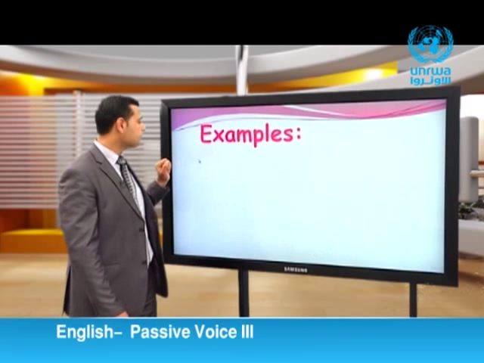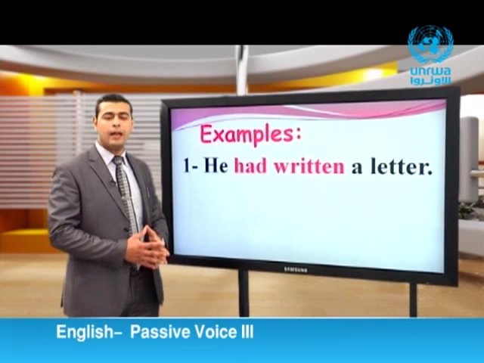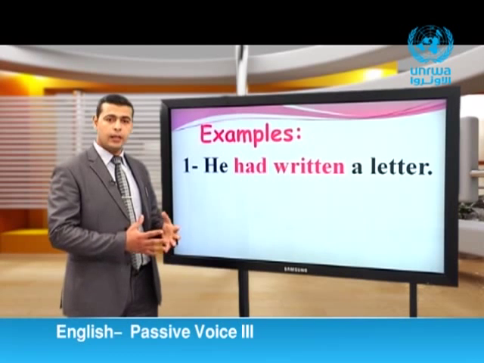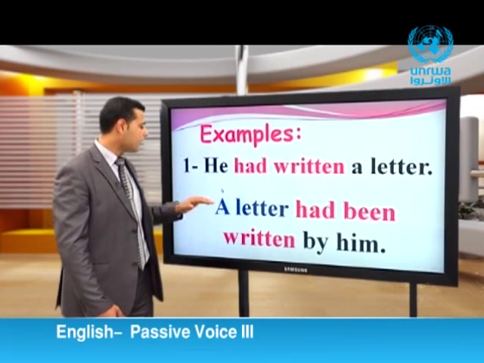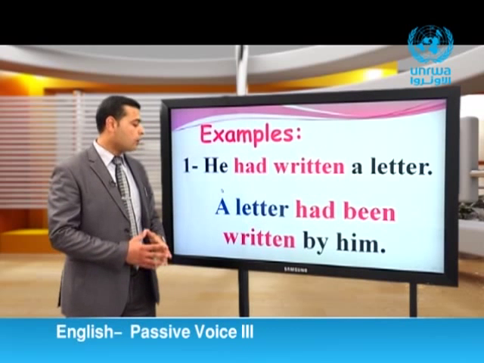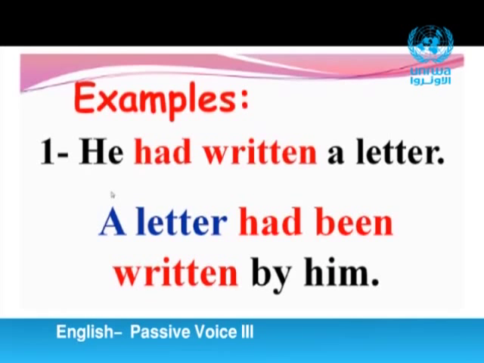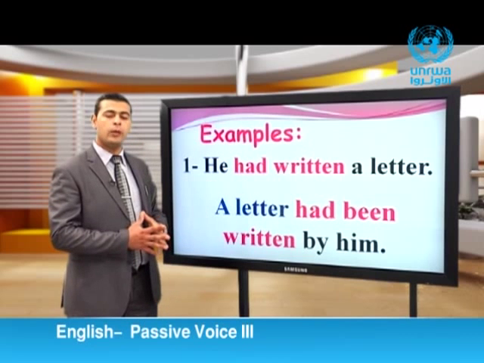All right, look at this example. He had written a letter. Let's change the sentence from active to passive. Look here, a letter had been written by him. Where is the object of the first sentence? أين المفعول به في الجملة الأولى؟